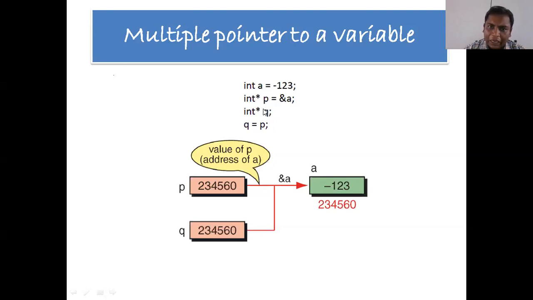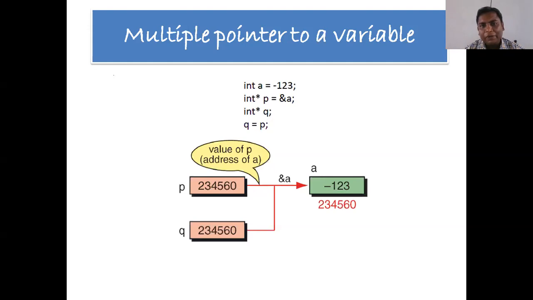Suppose here I am declaring a pointer called q, and this pointer variable is of integer type. So I will simply write int star q. And as we all know, a pointer is nothing but a variable which has the capacity to hold the address of another variable.